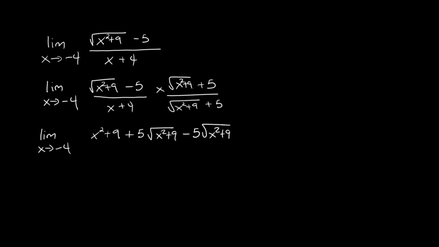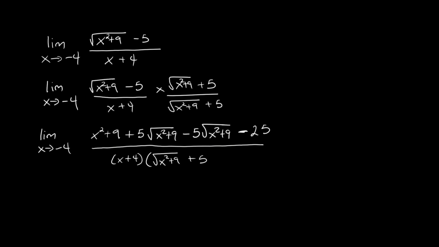As we're expanding the numerator, -5 multiplied by +5 becomes -25, and this will be divided by x plus 4 into the root of x squared plus 9 plus 5. Now these two would cancel,